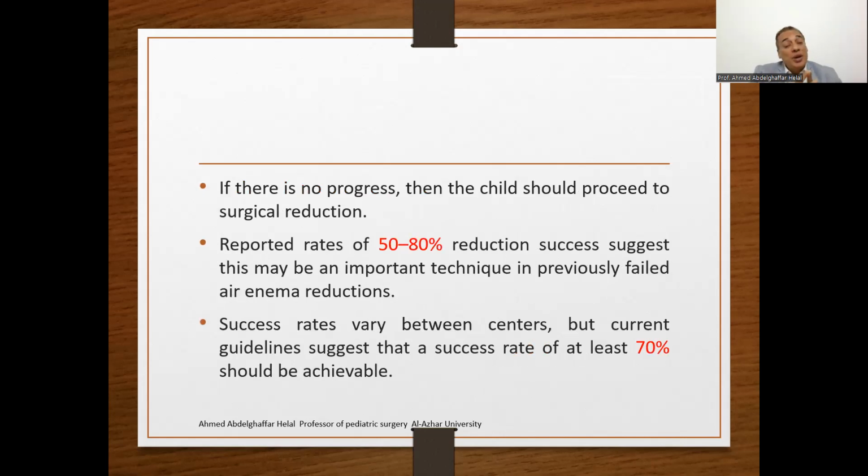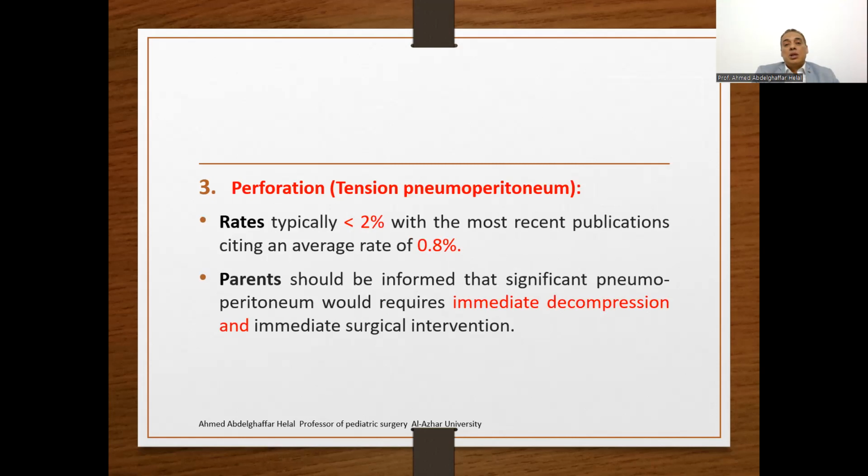If there is no progress, then the child should proceed to surgical reduction. However, the reported rates reaching about 80% reduction success suggest that it may be important to wait and try a second trial. The success rate varies between centers. However, the guidelines suggest that at least 70% success should be achievable using this technique for incomplete reduction. Perforation with tension pneumoperitoneum has rates typically less than 2%, with the most recent publication citing an average rate of